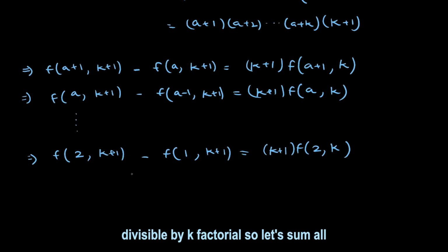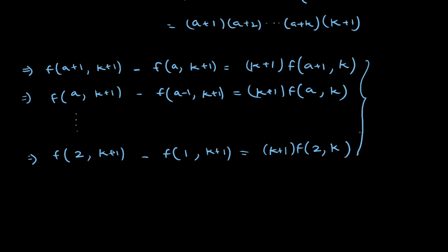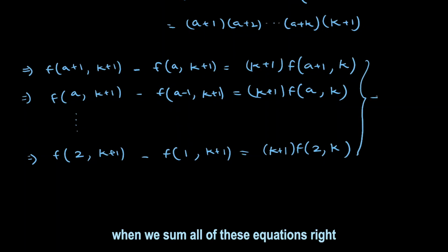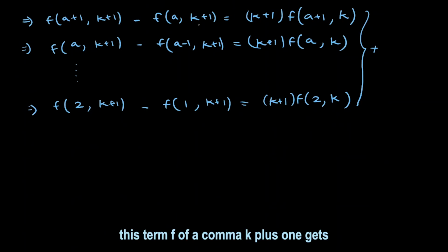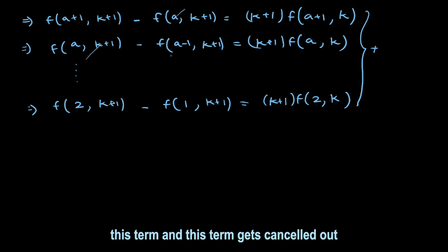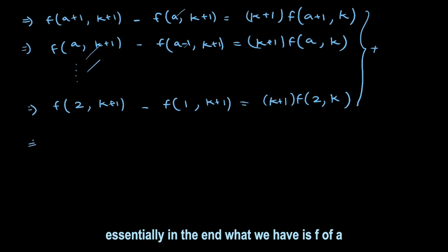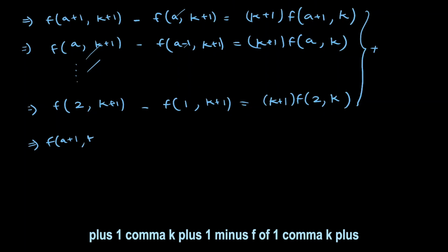So let's sum all of these. When we sum all of these equations, the term f of a comma k plus 1 is in subtraction, but in the next equation it's in addition, so essentially they get cancelled out. So this term and this term get cancelled out, and similarly this term and the next term in this equation get cancelled out. So essentially in the end what we have is f of a plus 1 comma k plus